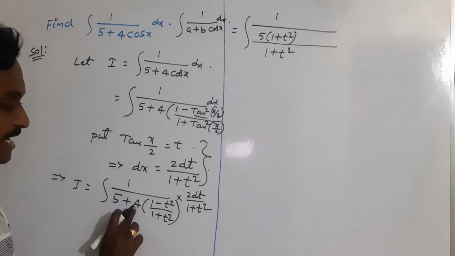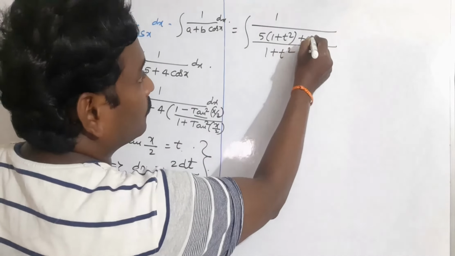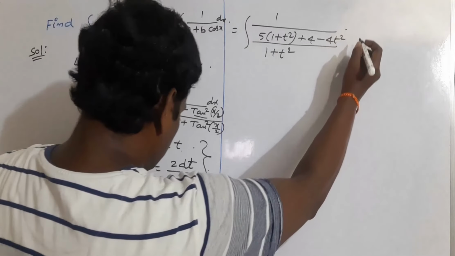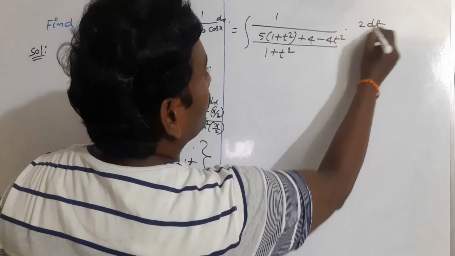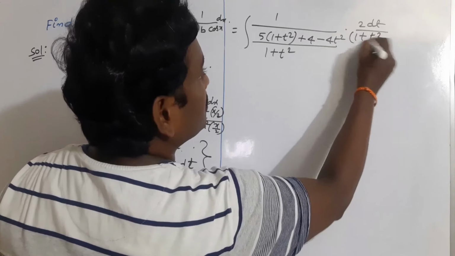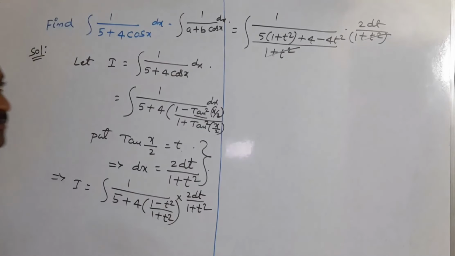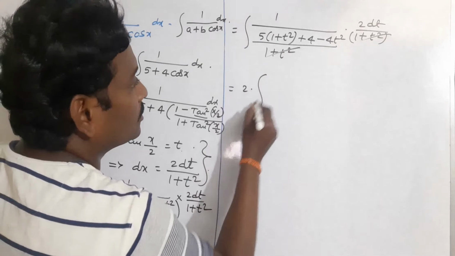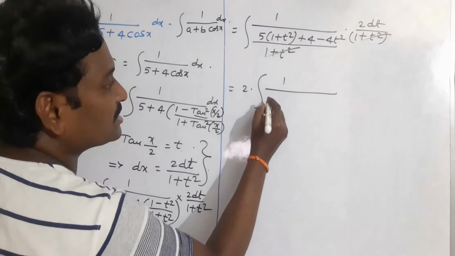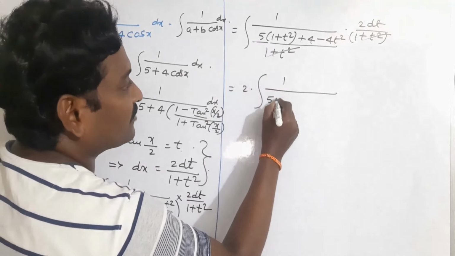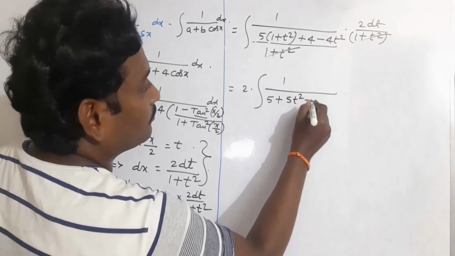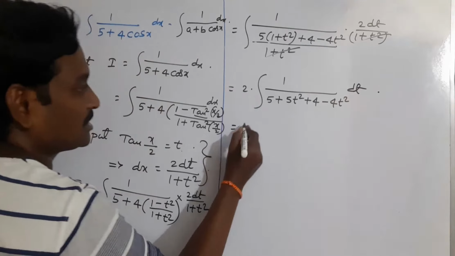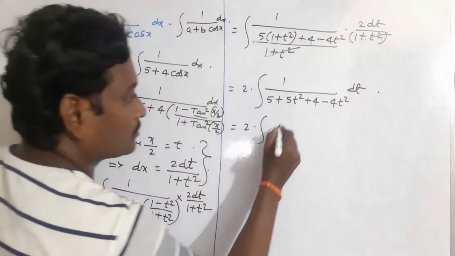Plus take this 4 inside: 4 minus 4t square into 2 dt by 1 plus t square. So clearly this 1 plus t square, this 1 plus t square getting cancelled. In the numerator 2 is the constant term, take outside from the integration. 2 by, and simplify the remaining terms in the denominator. So 5 times of 1, 5t square plus 4 minus 4t square into dt is equal to 2 whole into,